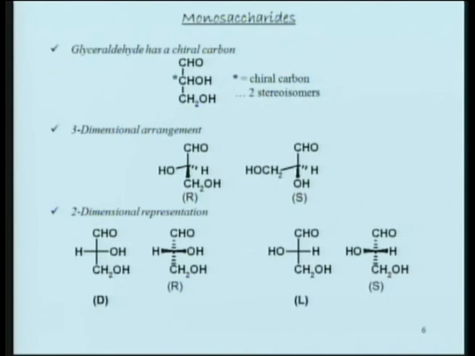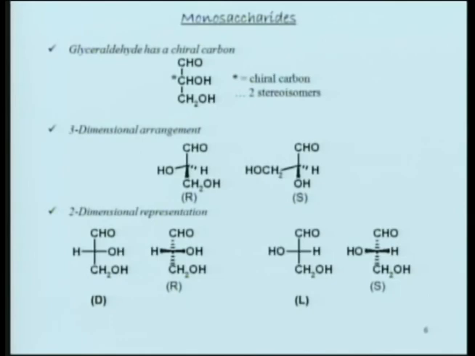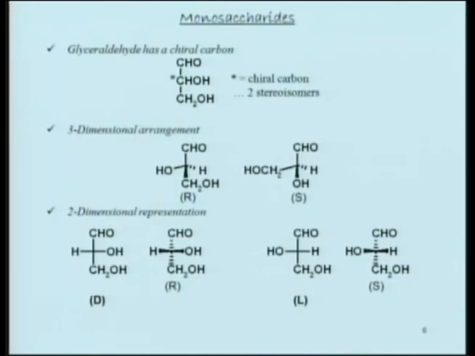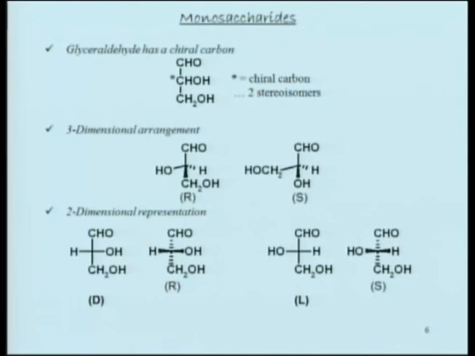The least priority one should always be in the plane. Very good. So that's one of the important points. The least priority group, not necessarily H. This particular molecule has an H. H is the least priority. But in general, you may not have an H and a molecule can also be chiral.